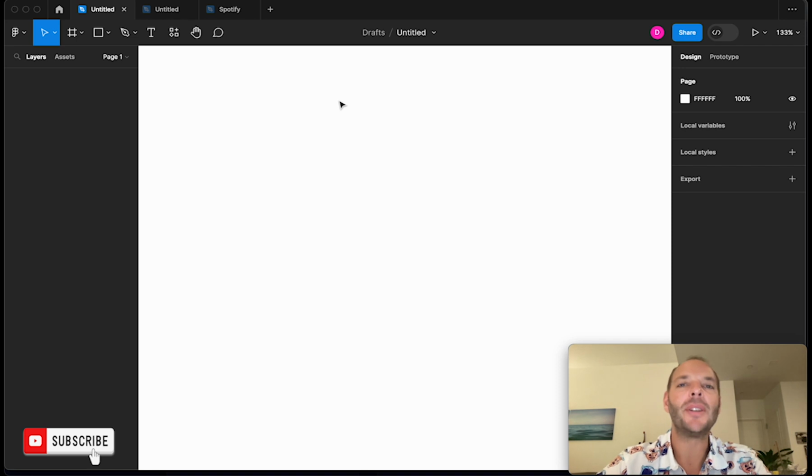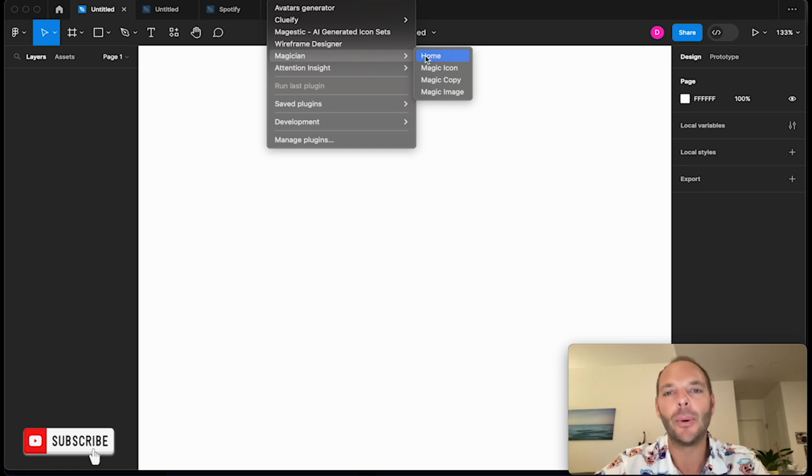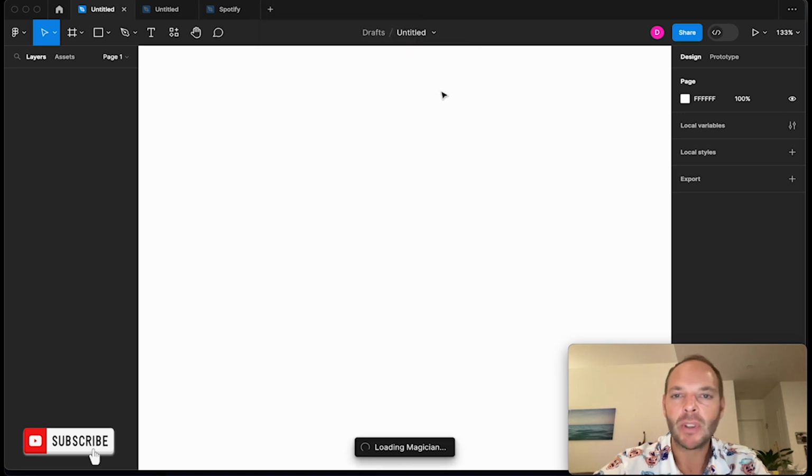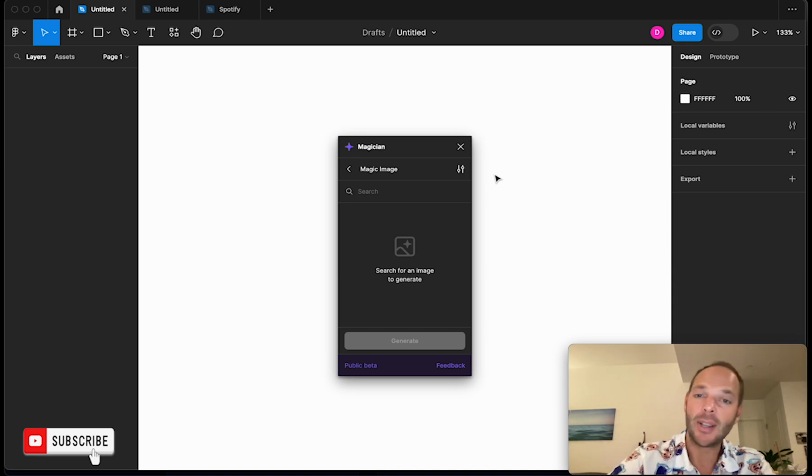So first up is a plugin called Magician. Magician is aptly named because there's a couple different things you can do with it. You can generate icons, you can generate copy, you can generate an image. So let's start with the image. Loads the plugin here. Similar to some of the other platforms that we've looked at, the image generation is based on text input. So we can say,